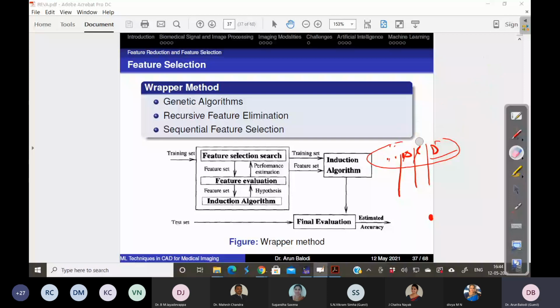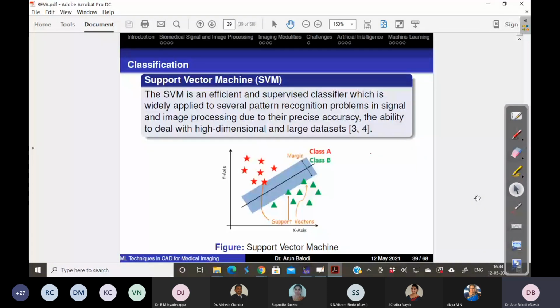Once we have the selection and reduction, we now understand how we are going to eliminate features that are not used. Then we need a classifier. The hypothesis is very simple: if the feature is strong enough, we can use any classifier. The support vector machine is one of the classifiers that I am going to use in my particular problem.